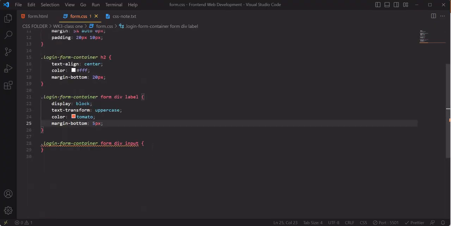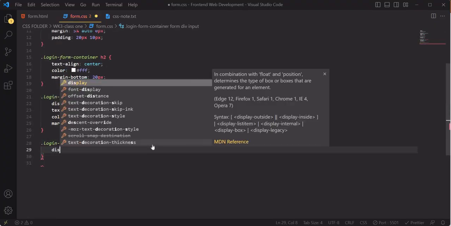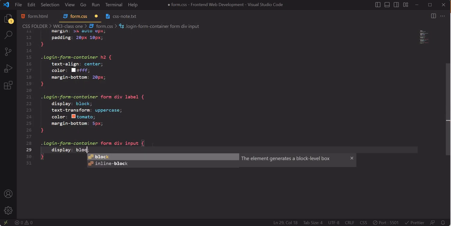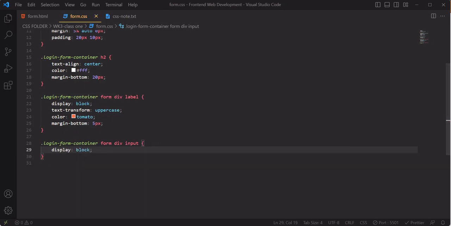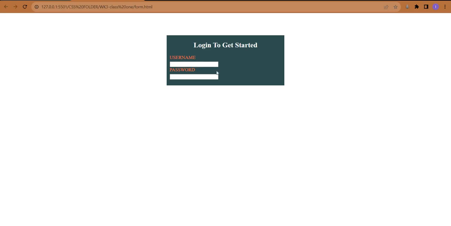Now I'm going to change the display of the input to be what, block. I'm going to change it to block. So apparently it's going to take the full width of what, this container here. And notice that